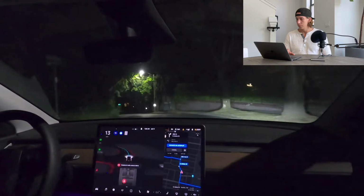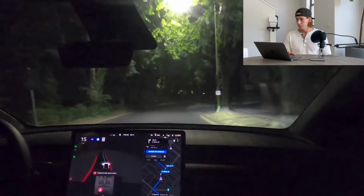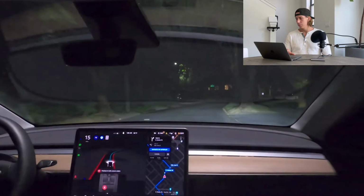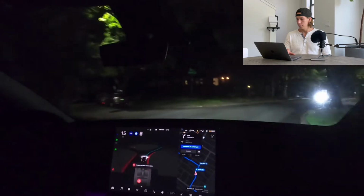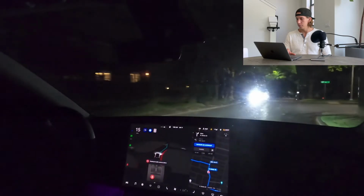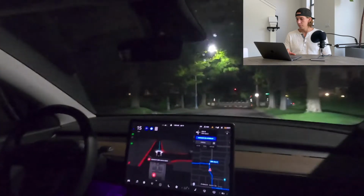That's actually a spot where pedestrians do cross a lot, and it's hard to see them. So the fact that it stopped there was kind of impressive, honestly. It was like checking for people, even though there weren't any. I mean, this is a super tight, windy road with no markings really, and it's crushing it, honestly. Like,